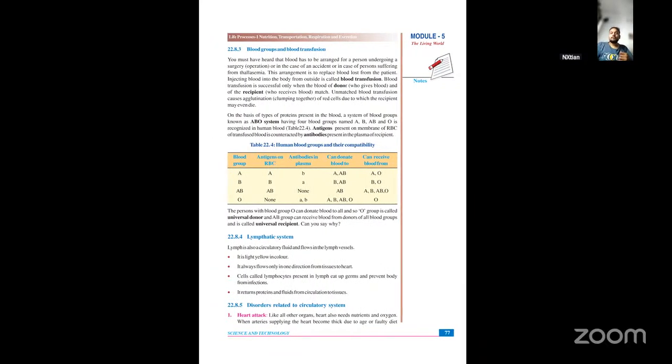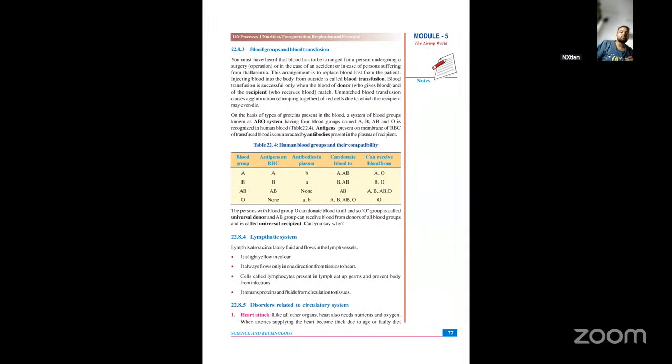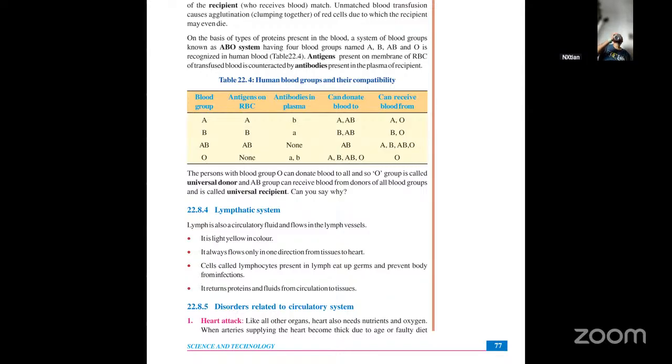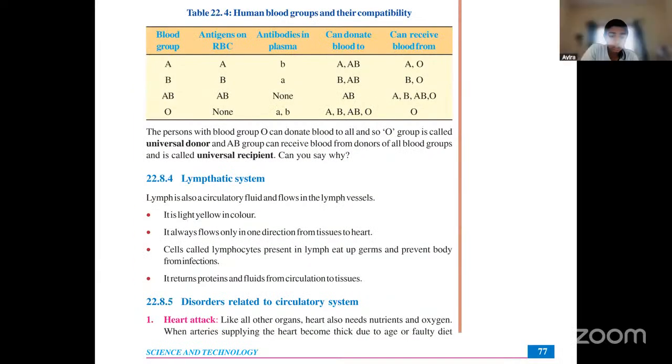Okay, now today we'll learn about disorders related to the circulatory system. So I want Ira, can you read this, please? Disorders related to circulatory system. Heart attack. Like all other organs, heart also needs nutrition and oxygen. When arteries supplying the heart become thick due to age or faulty diet,